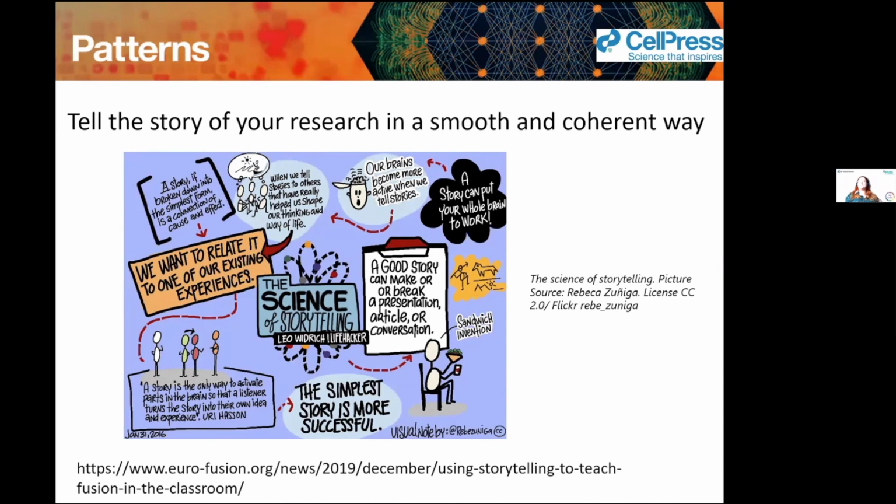It just takes different bits. A story, if broken down into the simplest form, is a connection of cause and effect. And that's really nice, because that's what science is attempting to do. We're attempting to figure out what the causes are and the effects. You run an experiment, you start off with the cause, and then you find the effect at the end of it. They say the simplest story is more successful, and yes, it can be, but it can also be really difficult to simplify stories effectively